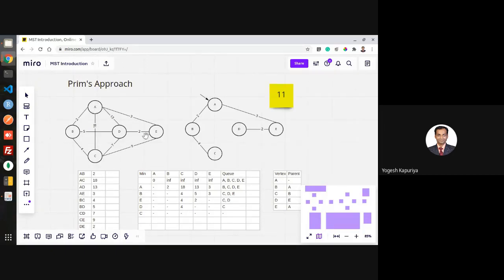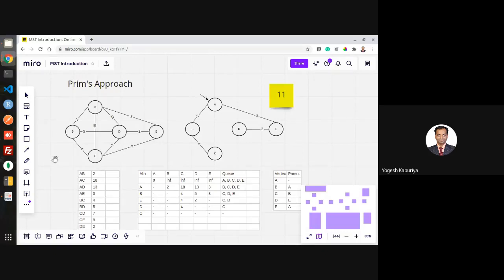So for example, if I want the path between A and E, then there are multiple paths which connect A and E. One of them is the direct connection between these two. Then there is ADE, then ABCE, then ABDE, then ABCDE. So these are the different paths between the two vertices A and E. Now we are interested in the shortest path. Shortest means the path with minimum weight.